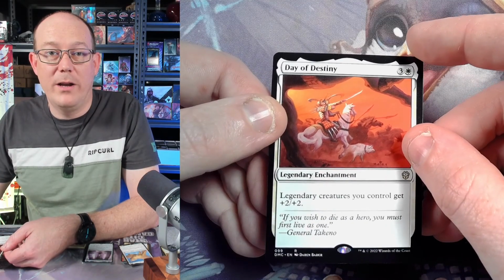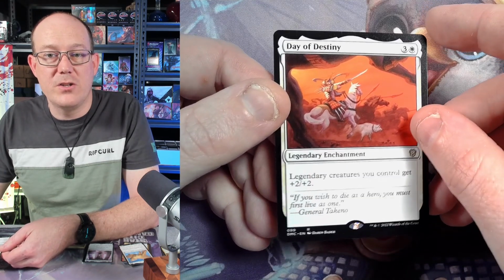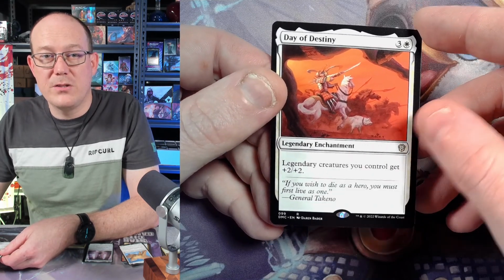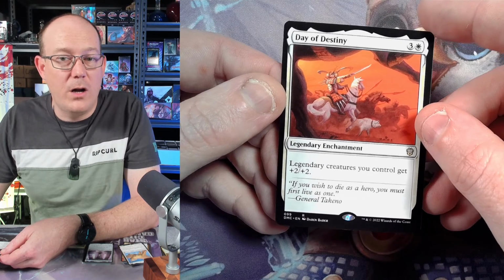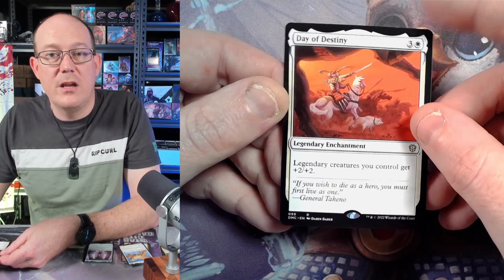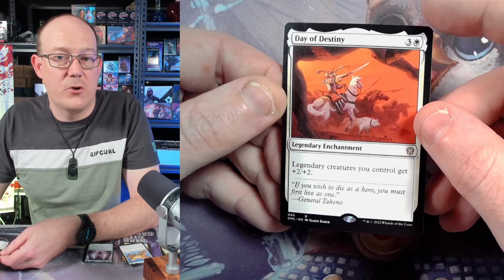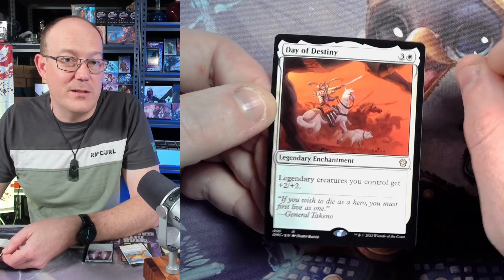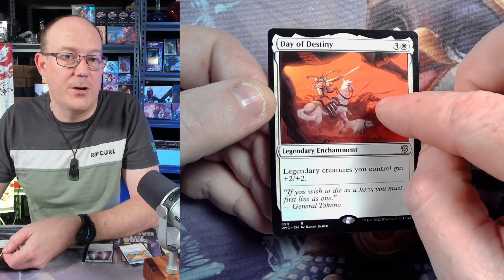Next up, we've only got 1 enchantment in this. We've got Day of Destiny, which gives your legendary creatures you control +2/+2. 4 mana to give your creatures +2/+2 on an enchantment. Pretty good. This one hasn't been reprinted for a while, so it was getting up there in price. I think it's decent in this set, especially considering you're trying to push for a lot of legendary creatures. I would also try to eliminate some of the other cards in this set to put more legendary creatures in